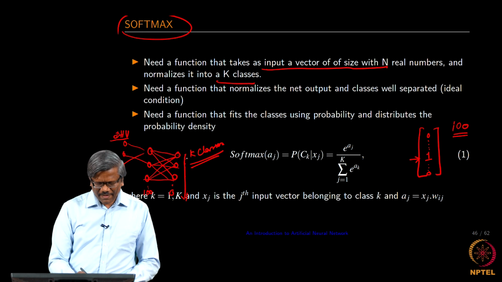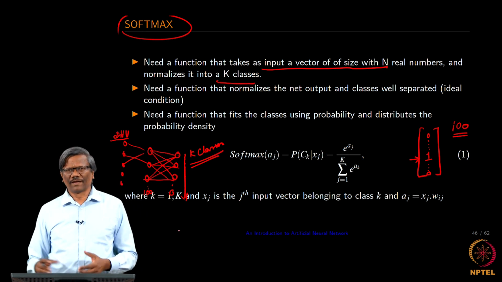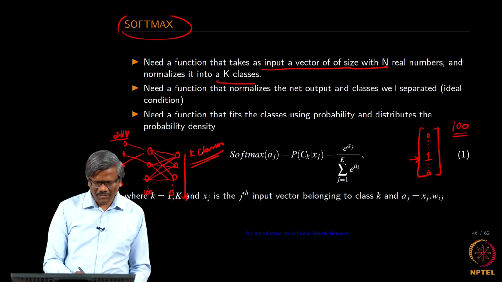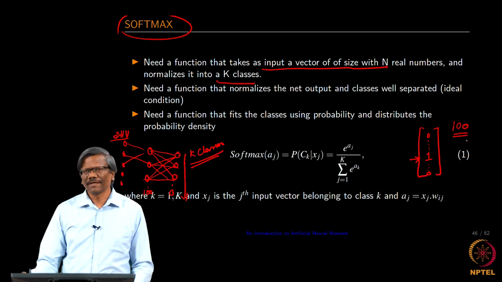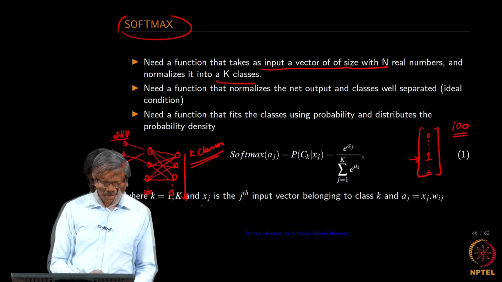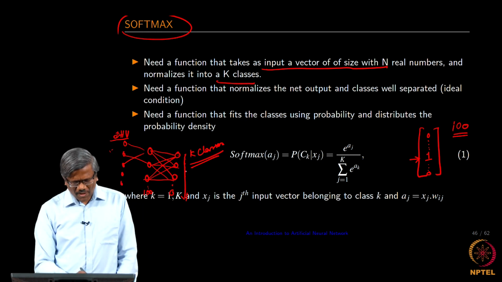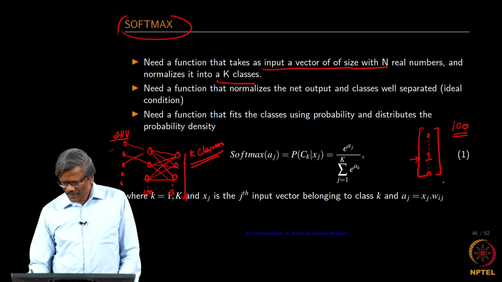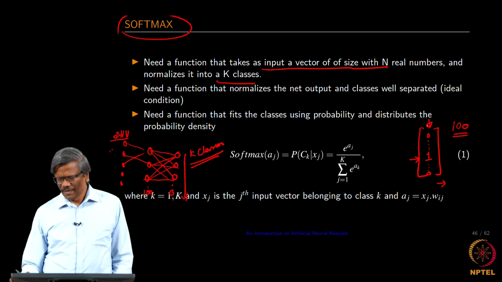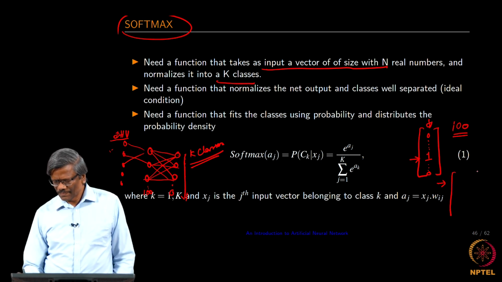Okay. And then I have k classes. Assume that there are 100 classes that we are going to be looking at, meaning each word will be considered as one class. So, when the output is generated, it is not going to be in an ideal situation like a one hot vector. So, it will have some values.